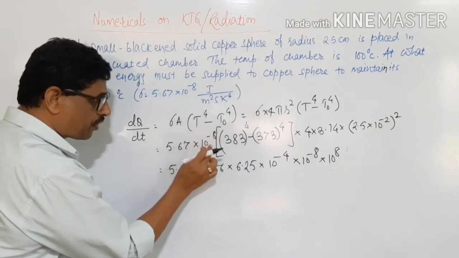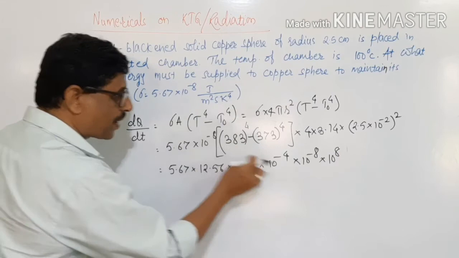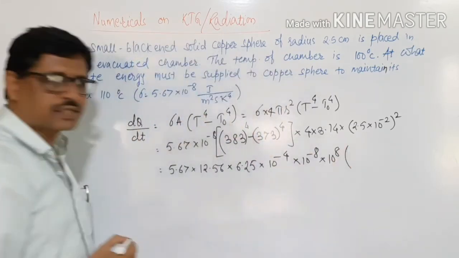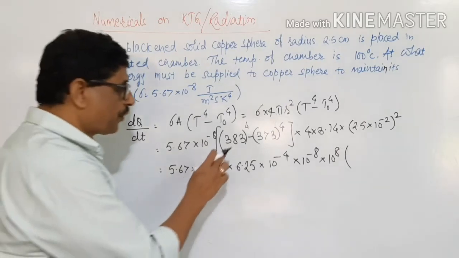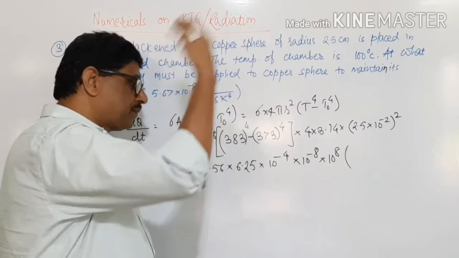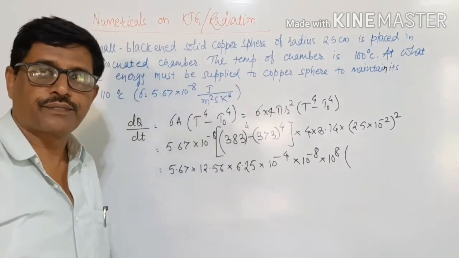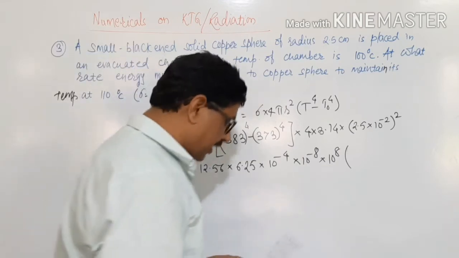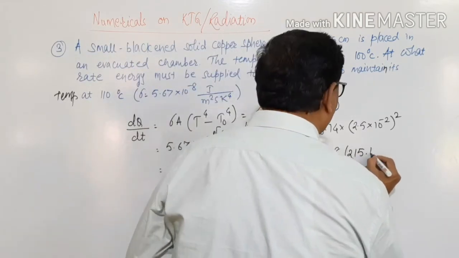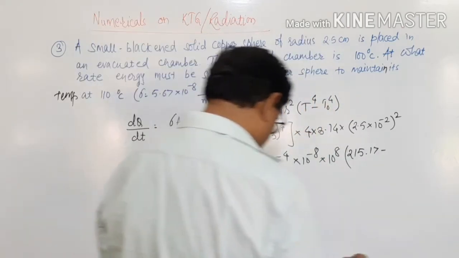And what remains here is 3.84, and 4th power of 3.84 is 215.17 minus the 4th power of 3.73, which is